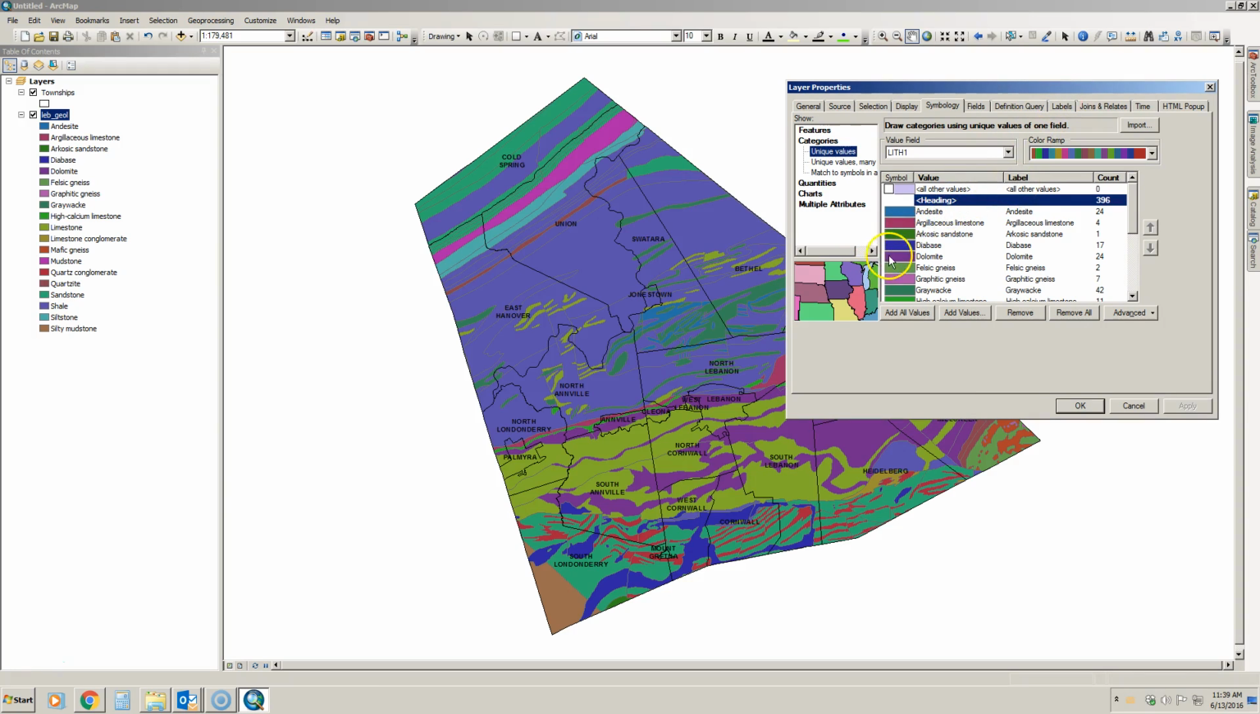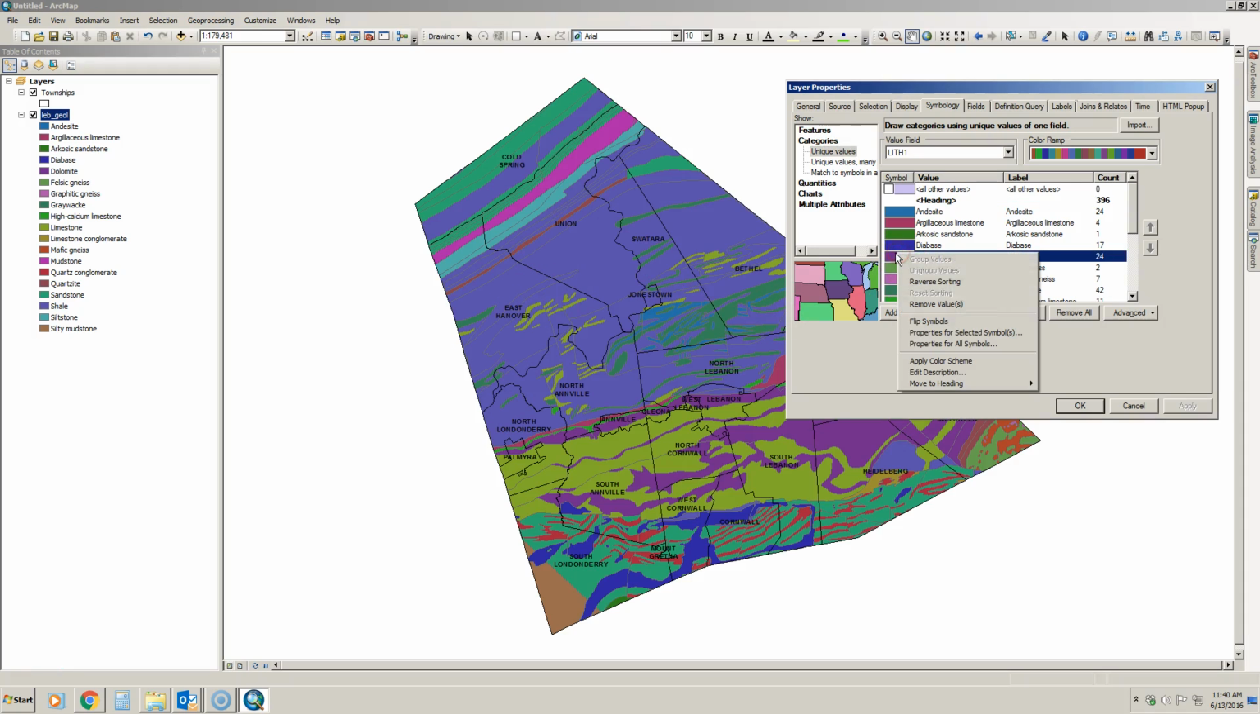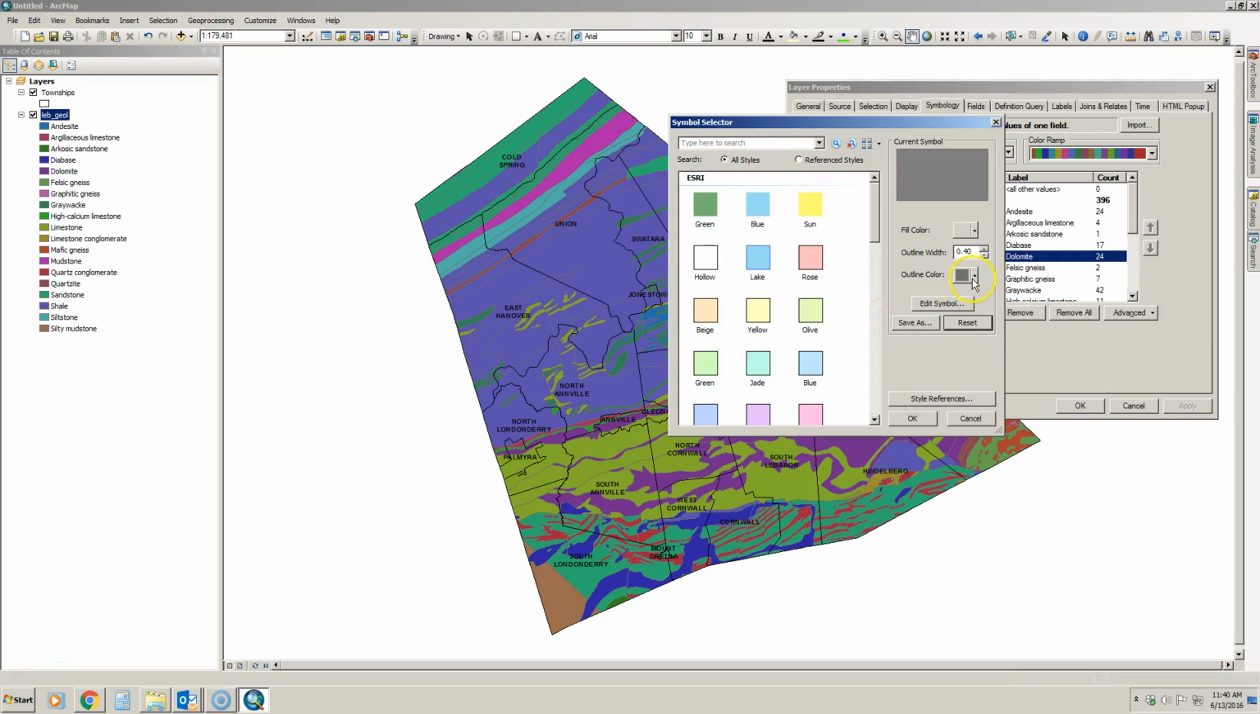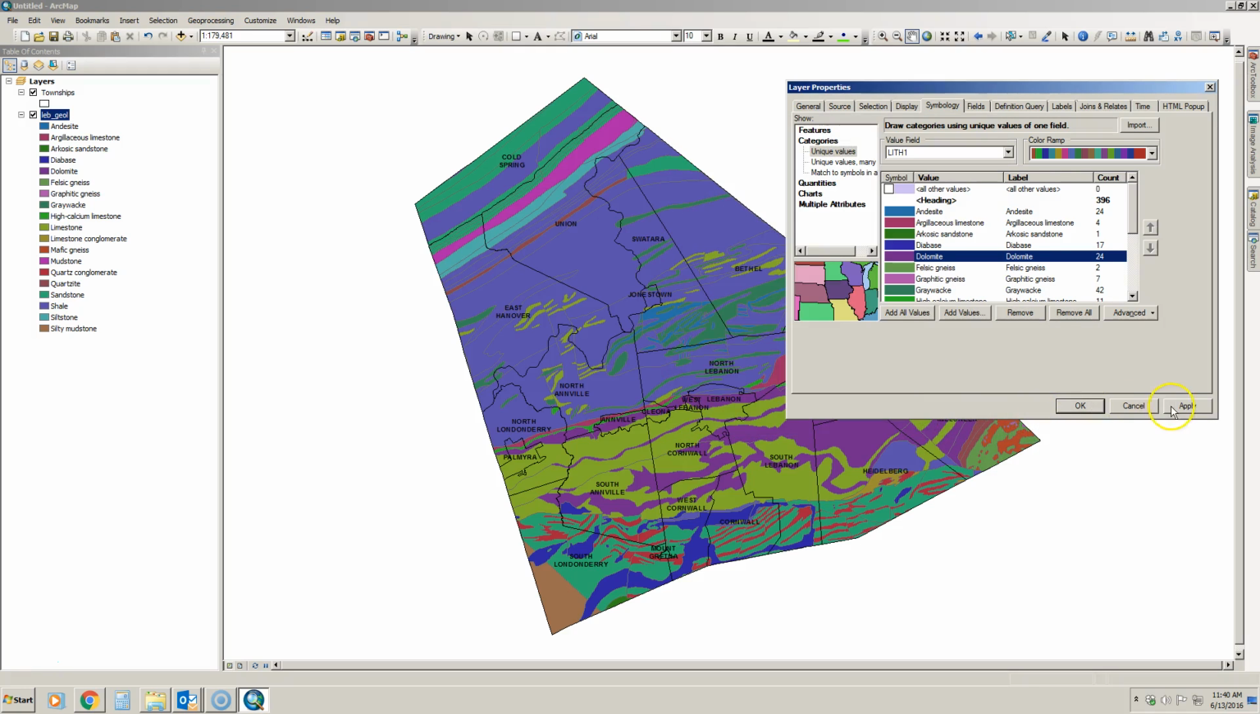The one other thing that you were asked to do in this area is to get rid of the outlines for each of the symbols. And that's what you're seeing here is this outline. The reason we're doing this is just to clean it up a little bit and make it look a little bit more aesthetically pleasing. So you right click on any symbol, properties for all symbols, and then we change our outline color to no color, and then hit OK, and OK, apply, and notice how that does end up cleaning